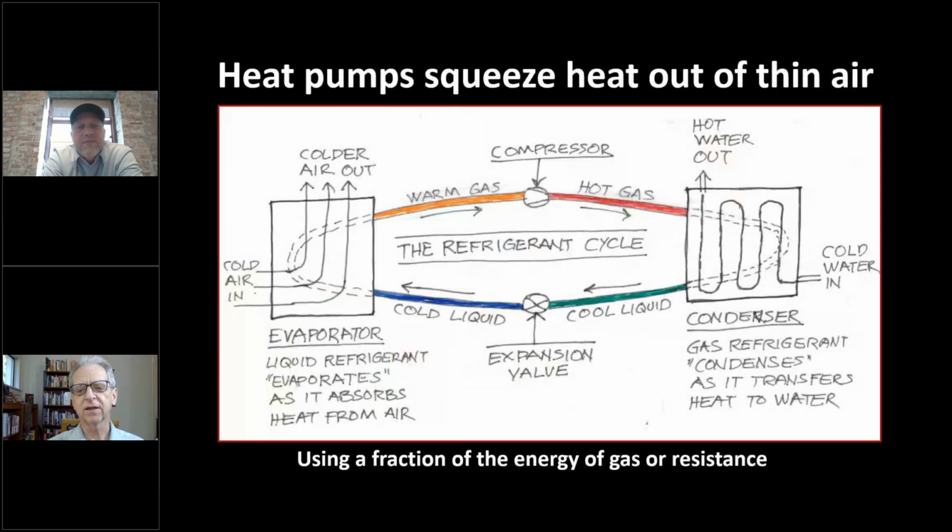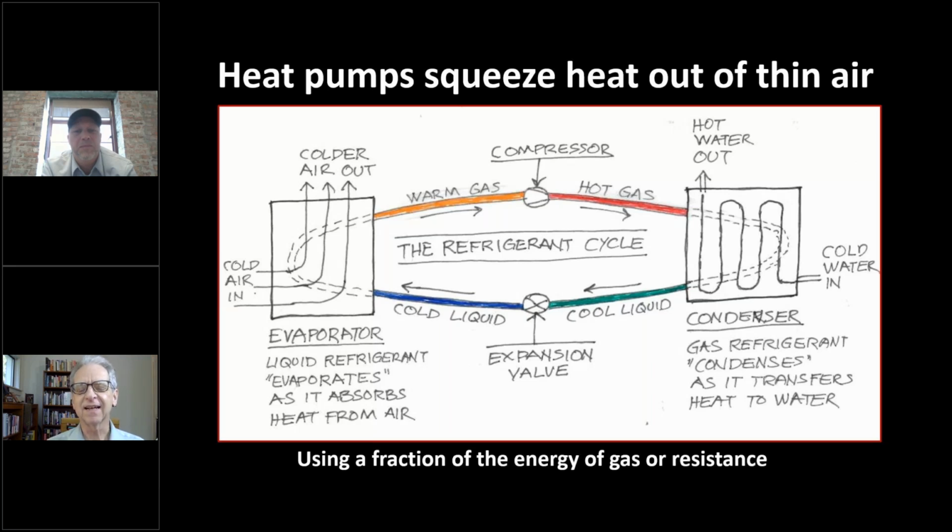Shawn's an actual engineer. I call myself a PE, but it means pretend engineer. And for me to figure out how this works, it's basically just this miraculous fluid that they run around that they call a refrigerant. On the left, you've got cold air coming out, and if you stood in front of one of these, even colder air goes out the other side, because heat is being pulled out of that and put into this compressor,